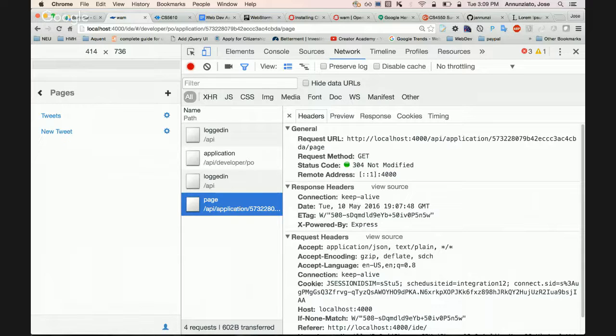I could say API/user, and this is a GET. I'm retrieving. Notice that if I do that, what would you expect? Which user would you expect? Well, I didn't specify which user, so the understanding is that you want all the users. You want to list all the users. If I specify a particular user by ID, then this will retrieve a single object that represents that one user.